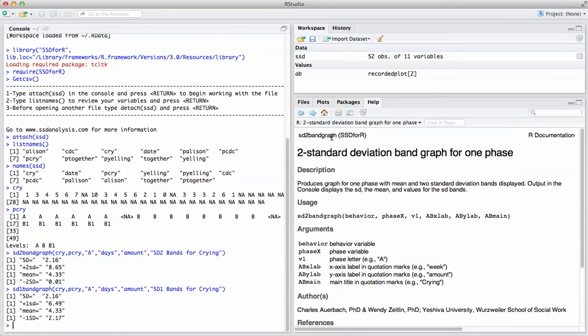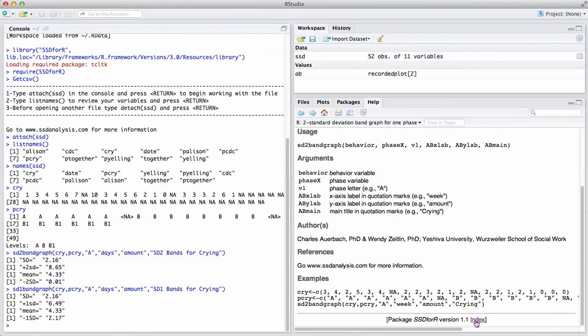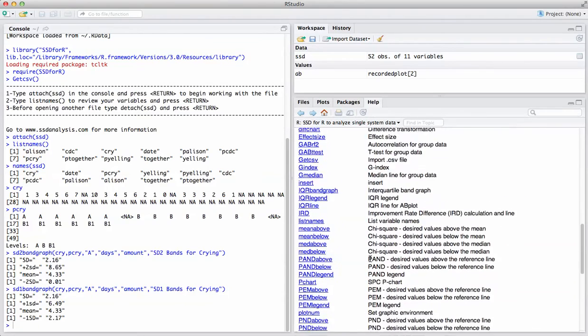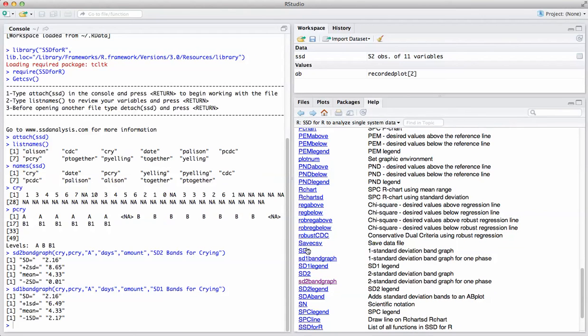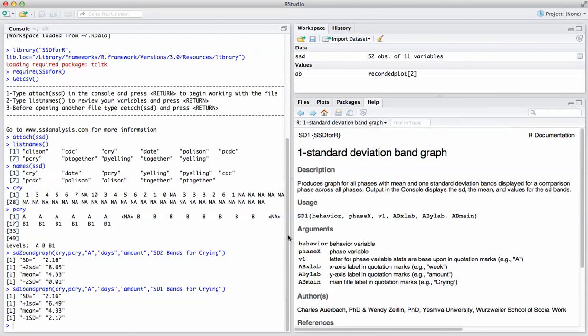Now if you wanted to do it across phases, you would use the SD1 or SD2. So let's go to help, and I'm going to click on the index down here, and now I'm going to take a look at SD1. Here you go, and it's basically the same command. So let's press the up arrow. Now I'm just going to change SD1 band graph to SD1, capital SD, and I'm going to keep the A in here because that is the phase, which is the baseline,